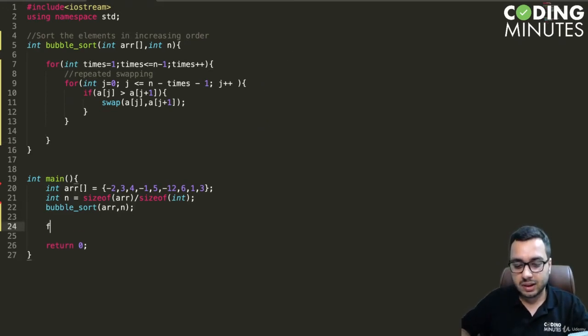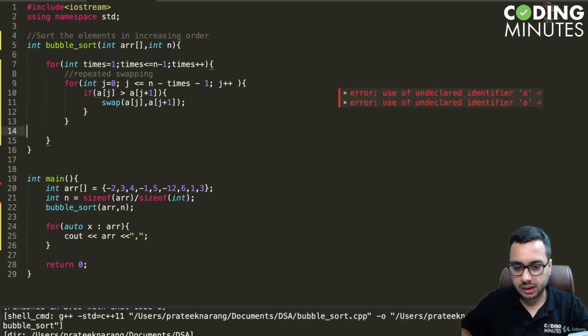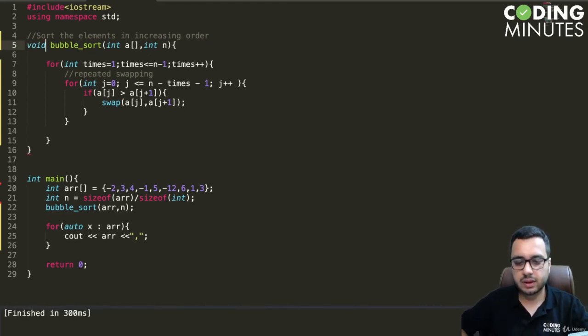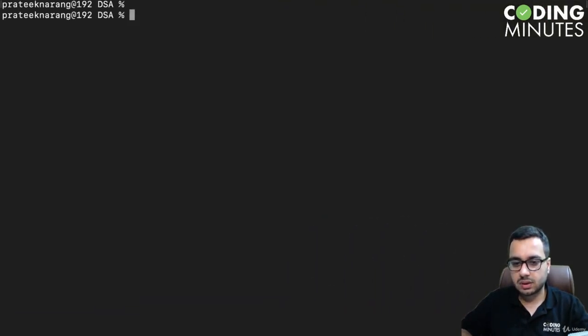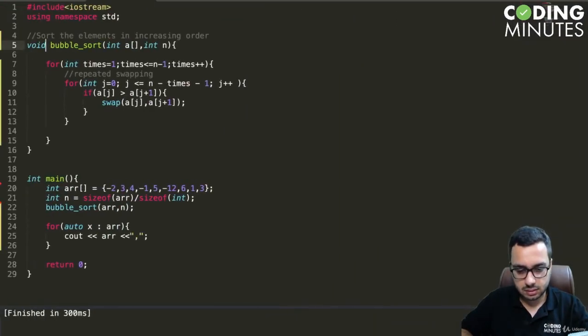Now let us try to print all the elements of this array. So we can say cout arr, followed by a comma. Build the code. This should be a, let's make this a, and sorry, this should be void. And we are done. So now if I run bubble sort here, sorry, this should be x,